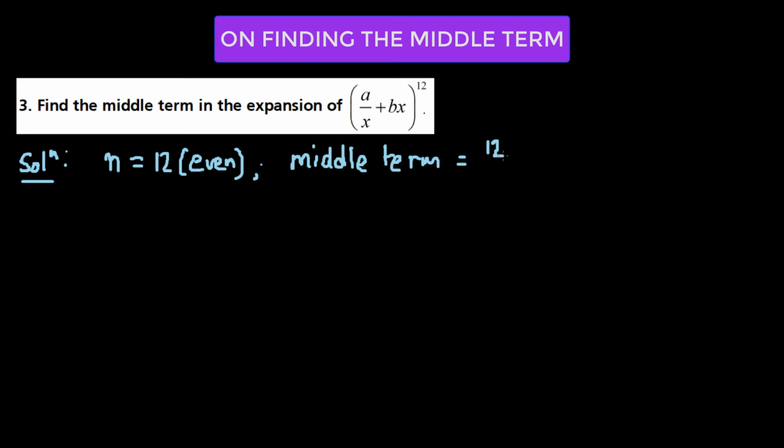So we have 12 over 2, which is 6, and plus 1, so that gives us a 7. So the 7th term will become the middle term. So we'll find out the value for t7. So t7 is equal to